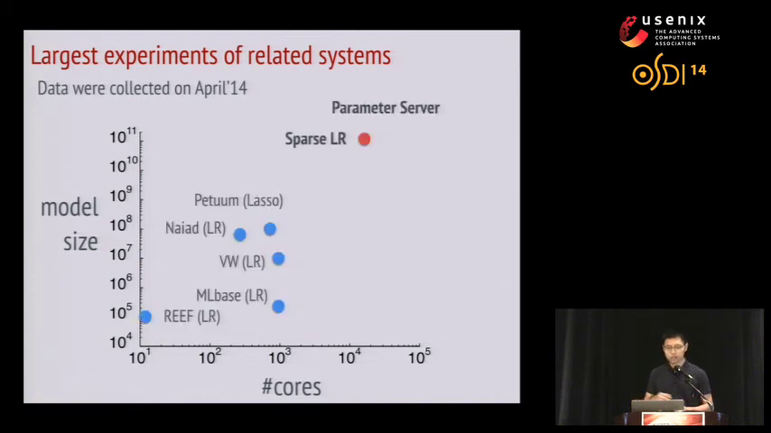First, there are several systems. Reef, MLbase on Spark, and Vowpal Wabbit can run logistic regression. This is a similar machine learning task, similar to our ad click prediction task. However, they use much less computational power. They produce models with much smaller size. And also, GraphLab and Yahoo LDA can run large-scale topic modeling, but still far smaller than the experiment we